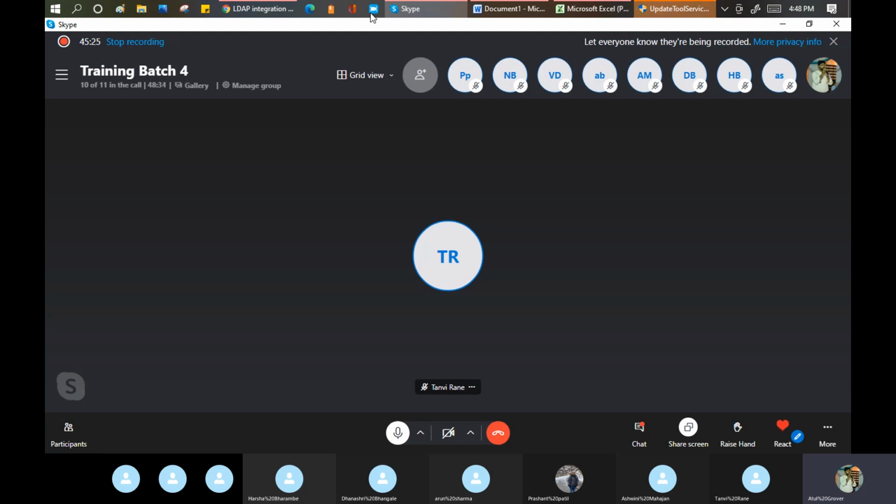Tanvi came, saying, sir, my laptop is not working. Can you change the hard disk? Okay, I extended the hard disk and added it in the records. But take an example now. If tomorrow I am running a batch of 1000 people, is it possible for me to maintain these records manually? What do you think? Yes or no? No, not possible.